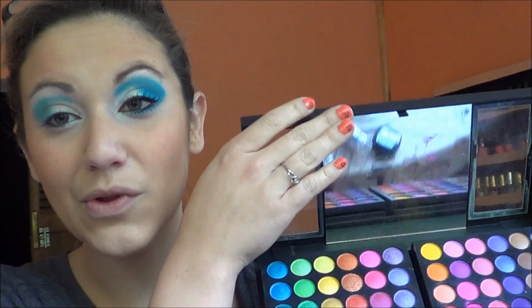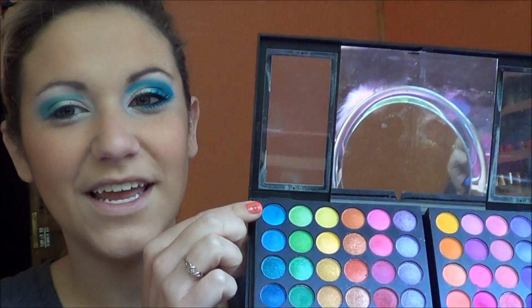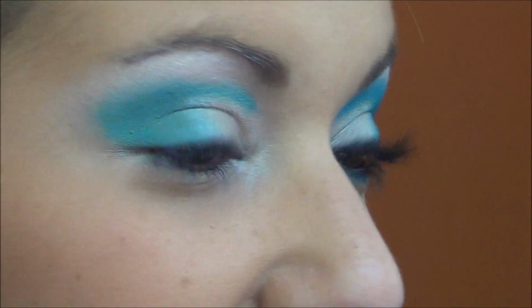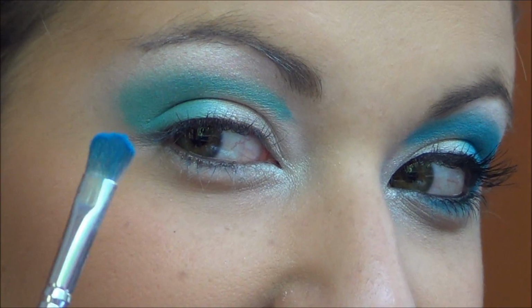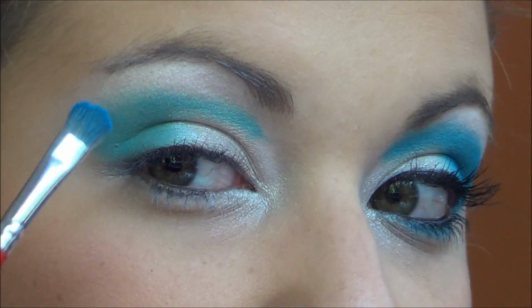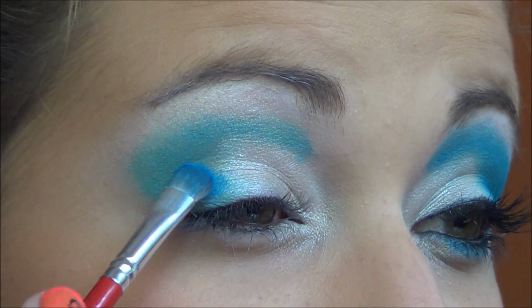Next, I'm going to be taking from this little Fash palette right here, but finding a really pretty indigo blue is going to be the key for this, and I'm going to be using this blue right here. I'm also going to be using a very flat, small shading brush. That way I have complete control over where this color is going. You can also use a pencil brush, but I'm going to use this guy because it applies a lot more